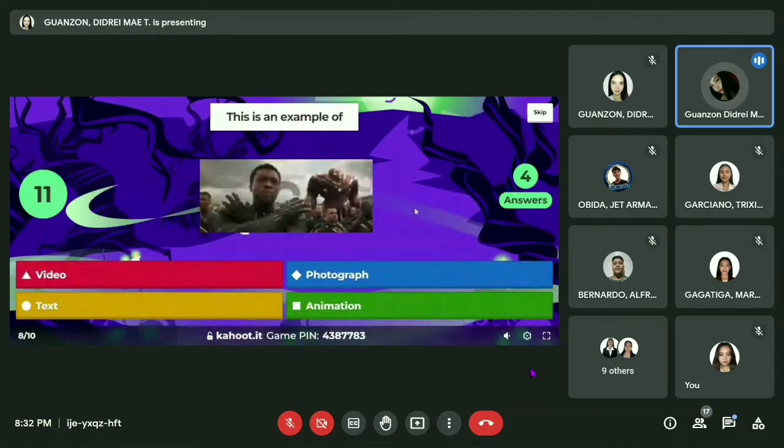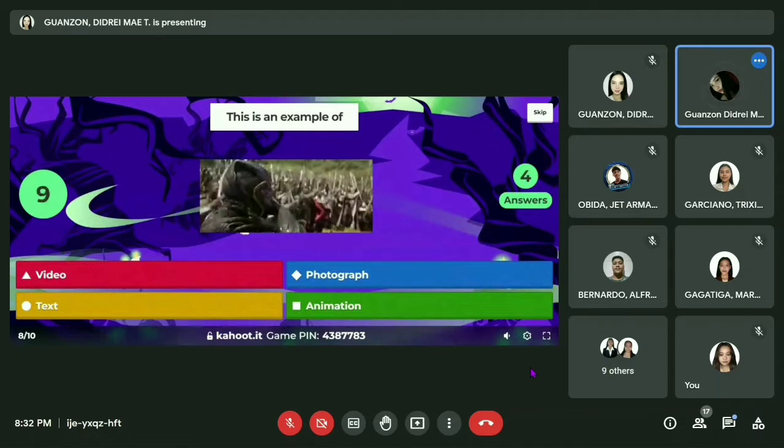Avenger movie is an example of video, photograph, text, or animation.